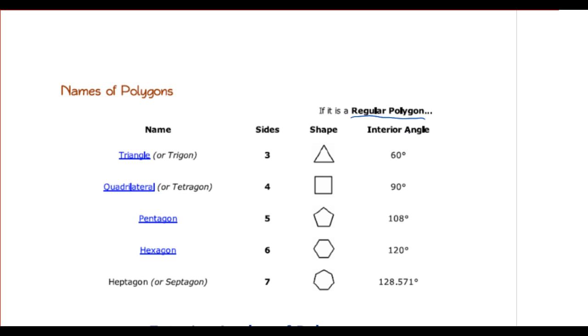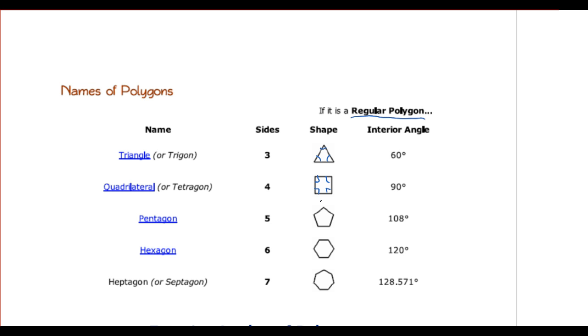Okay, now there's a special thing called a regular polygon. A regular polygon is a shape where all of the interior angles are the same. So in the case of a triangle, that's called an equilateral triangle. All of these angles are going to be the same, so all of them are 60. For a square or a rectangle, that would be a regular quadrilateral. Those would be all